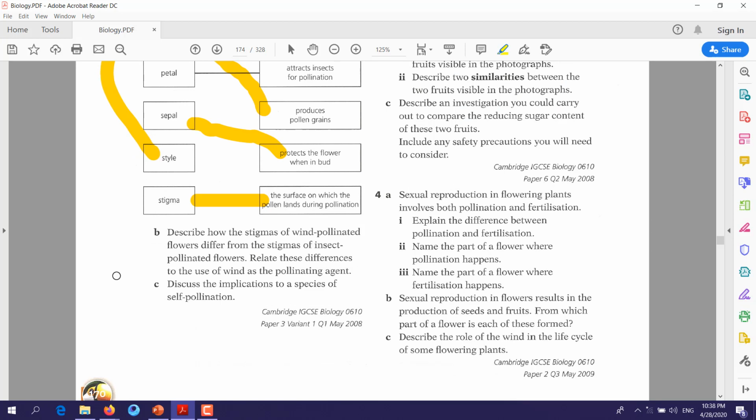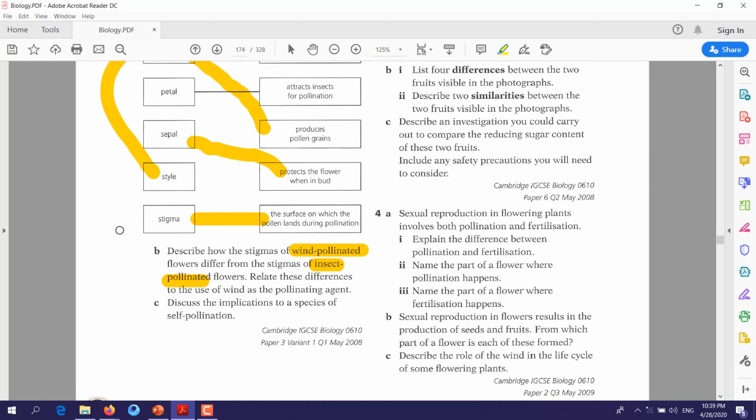B. It says, describe how the stigmas of wind pollinated flowers differ from the stigmas of insect pollinated flowers. Relate these differences to use of wind as the pollinating agent. Because here we have two types of pollination, which is wind pollinated and insect pollinated. The difference between them is what? The answer for this question is,